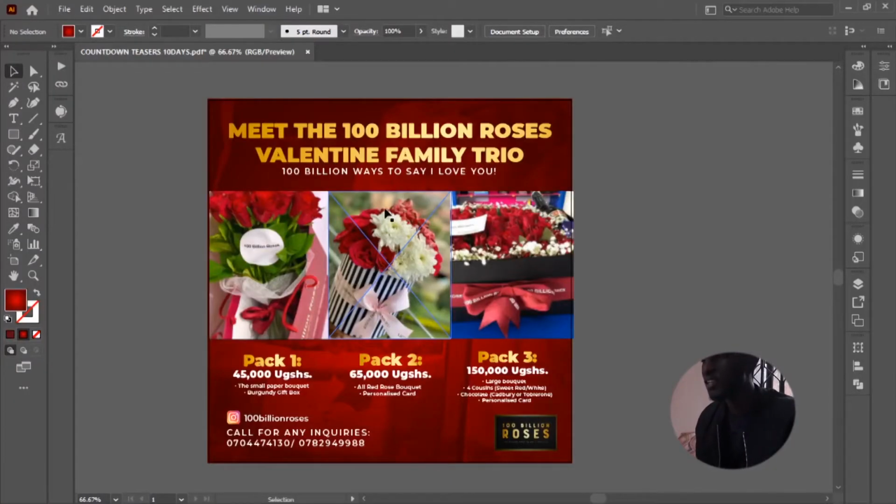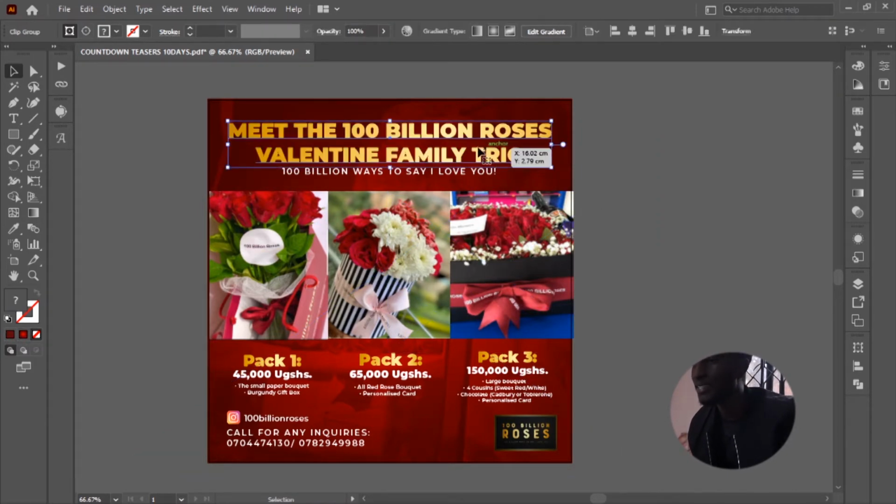So once you're in Illustrator and you already have your design, like I said, the text is in place. As you can see here, I've already put out the design, so it's ready for export right now. It looks great, it looks okay. So there's one thing I usually add at the end of my text just to make it pop. I want the heading to stand out right now, so I'm going to click it,